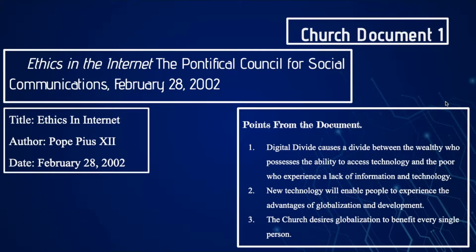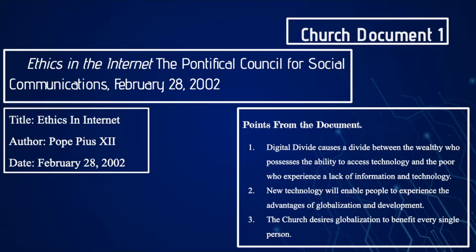The first church document is called Ethics in the Internet. This church document talks about how the digital divide represents a problem that affects everyone. Digital divide develops a type of discrimination similar to the gap between information among poor and rich. Digital divide separates the wealthy who possess the ability to access technology and the poor who experience a lack of